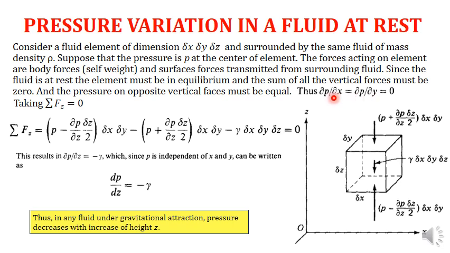So if the respective dimensions give you the same rate of change with respect to the pressure, then you are getting the zero answer. The rate of change of pressure with respect to a certain dimension and the rate of change of pressure with respect to a certain dimension in the other dimension will be equal to 0 if we want to be in equilibrium conditions. So we are going to prove that if you take sigma Fz